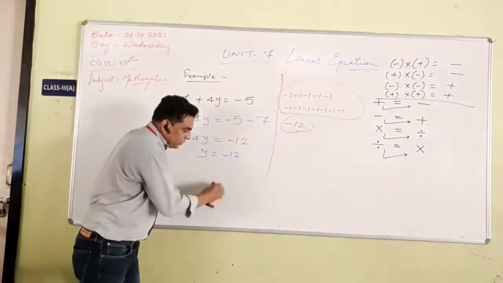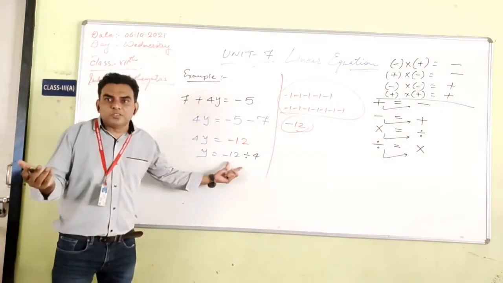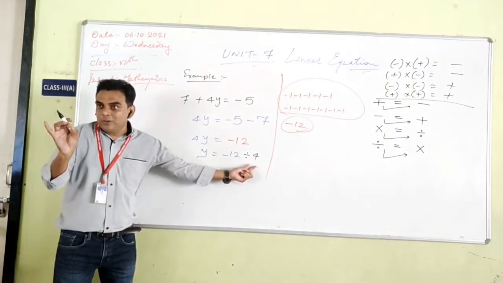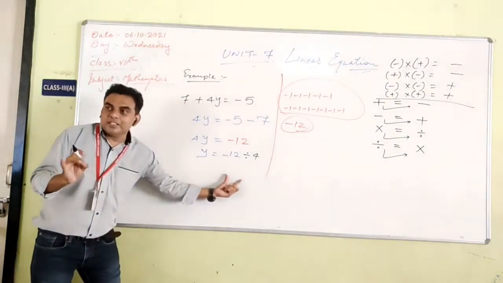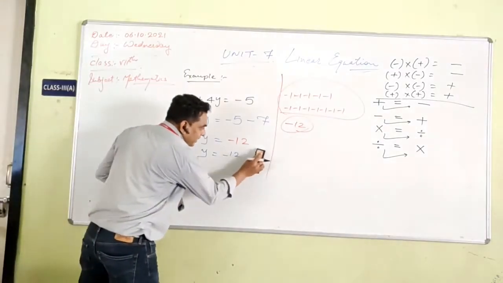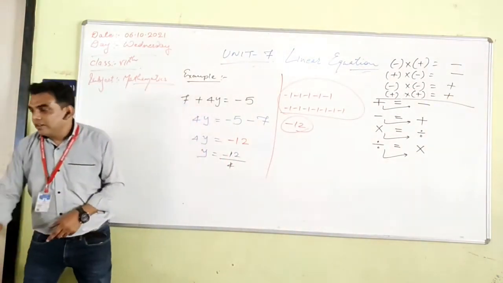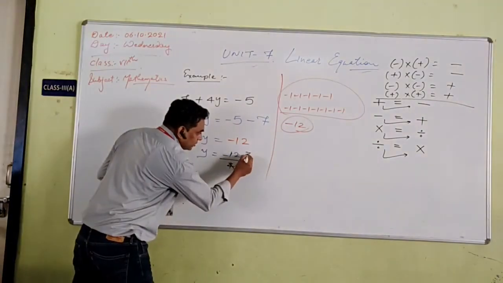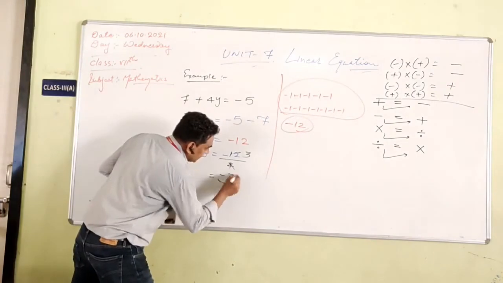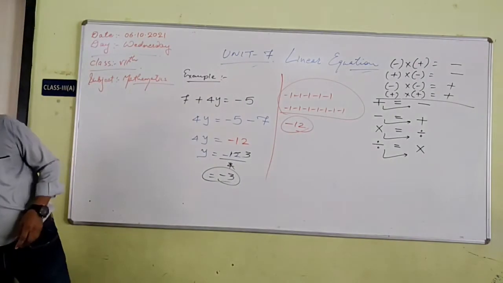On the other way, you can write it like this also. It is the same. You can write the sign of division, then 4, minus 12 by 4 also. Same concept is there. But whenever you put 4 as a denominator, then you will get the answer. Now in the table of 4, 4 3s are 12. But do not forget to put the minus sign. It is minus 3. Then what is the value of y? Minus 3.